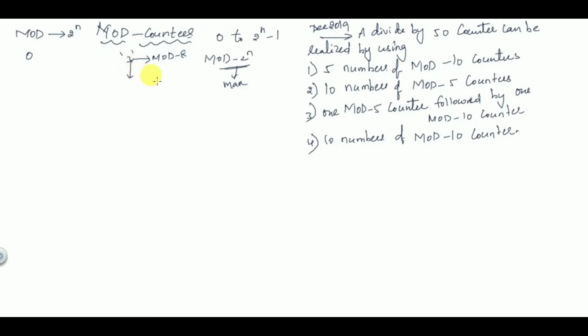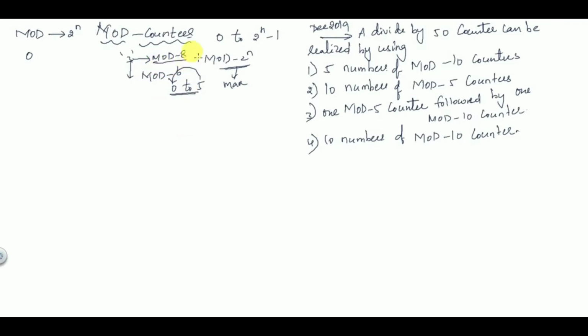Instead of 8, you can also design counters on your own. So mod 6 counters can also be designed. A mod 6 counter means it will count from 0 to 5, and after 5 it will reset to 0. That means the total number of states, or total number of clock pulses, is the modulus number of mod counters. Here the total number of states from 0 to 5 is 6, and hence it is a mod 6 counter.